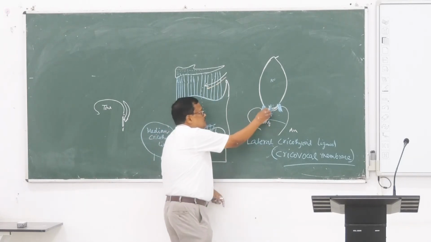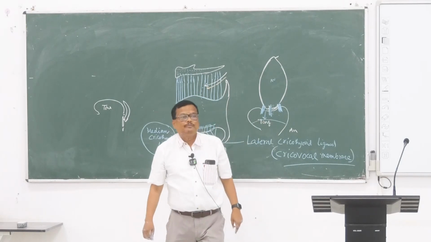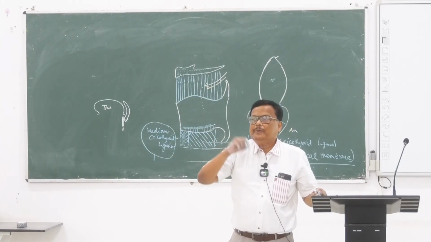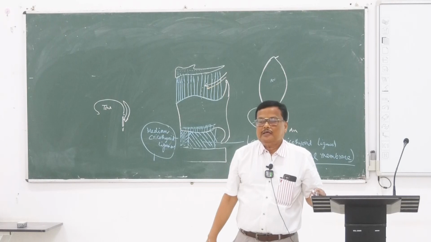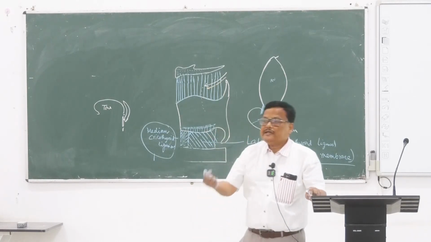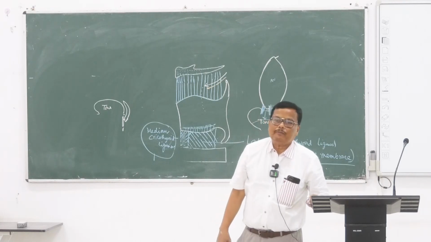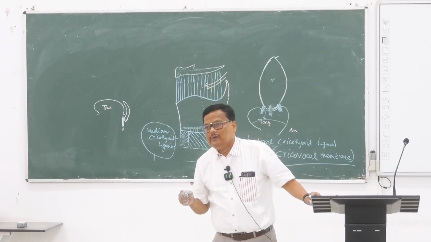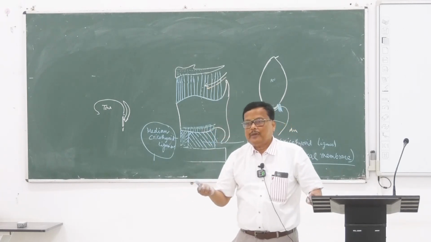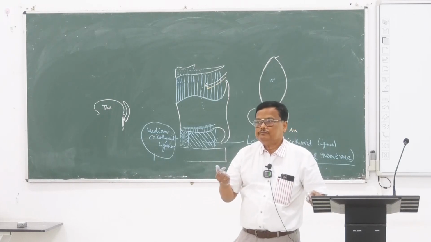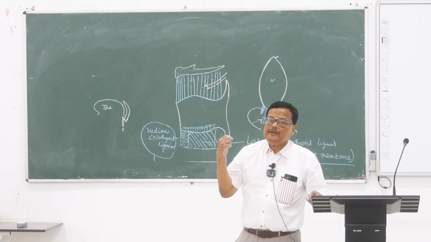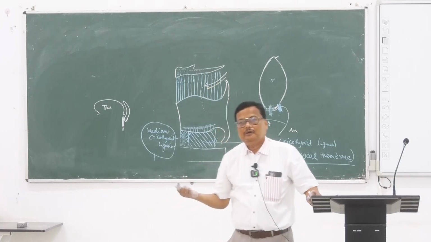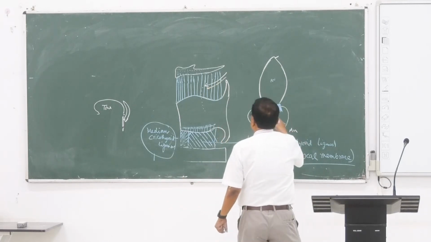There is a depression between the median and lateral folds, and this depressed part is called the vallecula of the tongue. I showed the vallecula yesterday, where there is a chance of lodgement of a foreign body, especially a fish bone. This is the extreme posterior part. The taste sensation of the vallecula is carried by the vagus nerve. Other taste sensation is carried by the chorda tympani and the glossopharyngeal nerve. But here taste sensation is carried by the internal laryngeal nerve of the vagus because it is developmentally different. So this is the vallecula of the tongue.